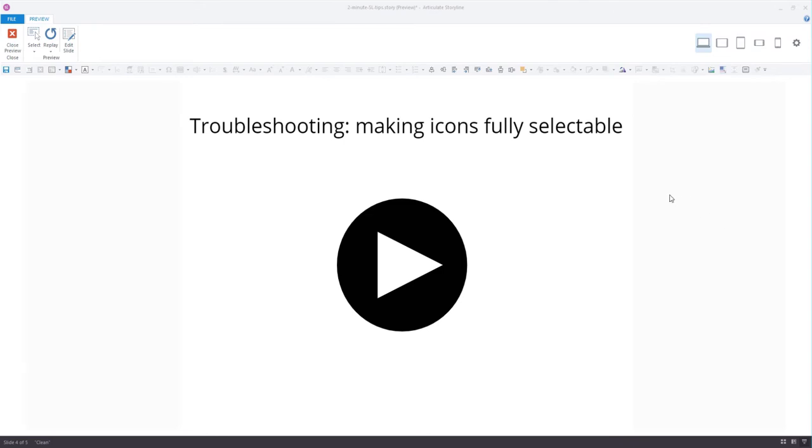In the next 2 minutes, I'll show you how to work with icons that have transparent sections in them. You may have noticed occasionally, if you download an icon from Content Library or insert an icon of your own, if it has any transparent areas, you can see here I'm hovering over it, but as soon